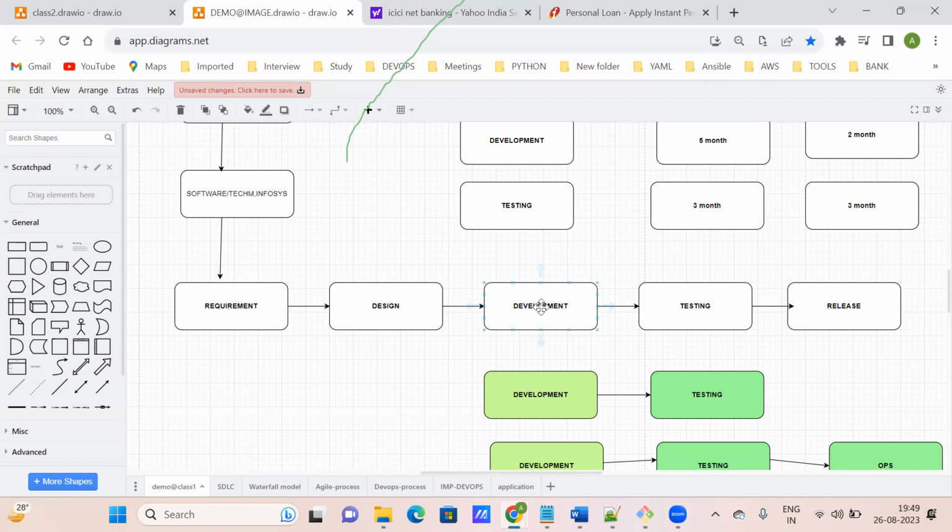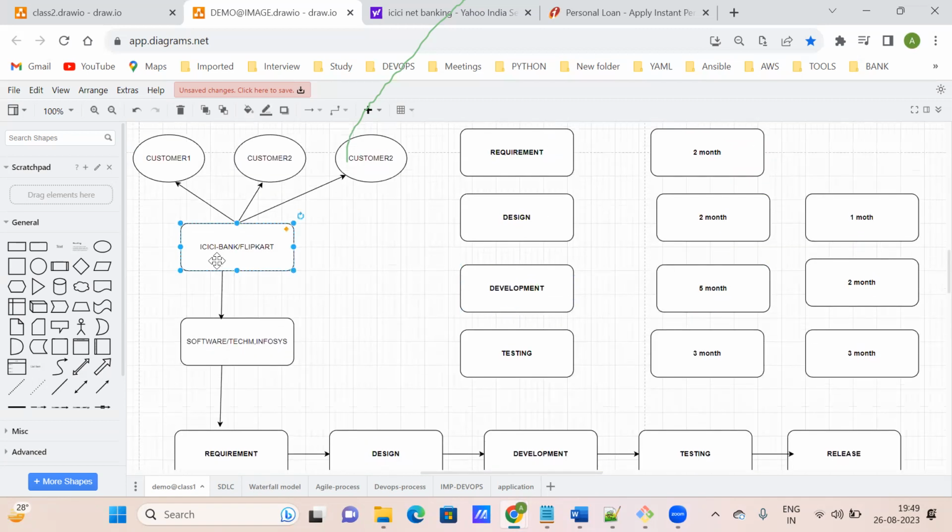Once they validate and see there is no issue, then they go for release. So to whom are they going to release? They release to ICICI Bank, and ICICI Bank releases to their customers, correct? Or Flipkart. We are the customers of ICICI Bank and Flipkart, correct?